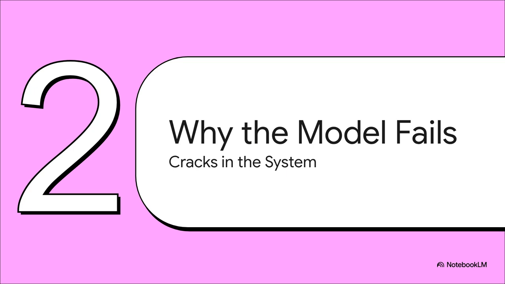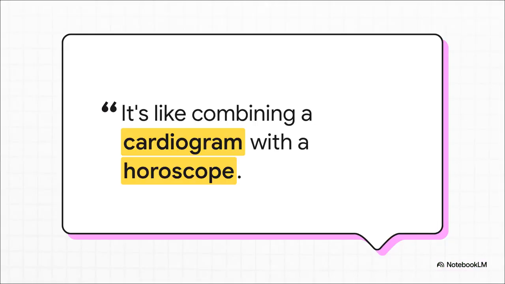Okay, so A, B, C, it all sounds so simple and clean, doesn't it? But here's the thing. The moment you try to slap these labels onto actual, living, breathing human beings in the real world, well, that's when the whole thing starts to fall apart. You start to see some major cracks. One expert had a brilliant way of putting it. He said, using this model is like combining a cardiogram with a horoscope. I love that. It's this perfect mix of trying to be scientific while also being total guesswork. You're trying to make messy human complexity fit into these tidy little boxes, and it doesn't work.